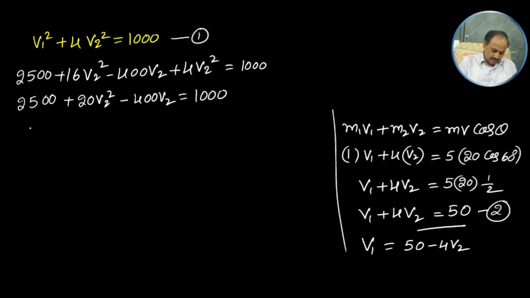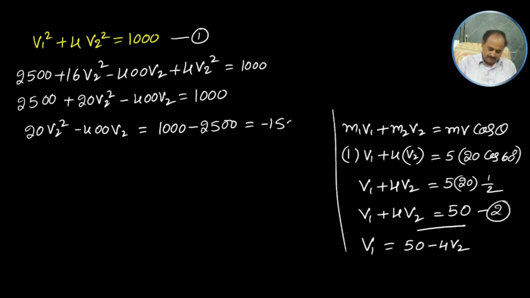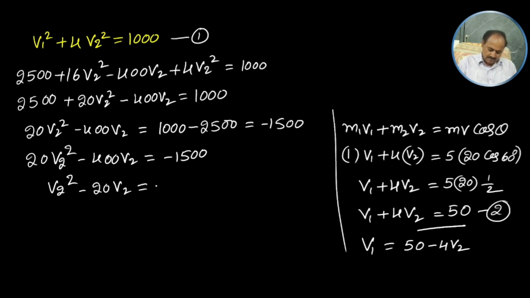From this I can write that 20 V2 square minus 400 V2 is equal to 1000 minus 2500. It is equal to minus 1500. So 20 V2 square minus 400 V2 is equal to minus 1500. Dividing by 20 on both sides, here it is V2 square minus 20 V2 is equal to minus 1500 by 20,